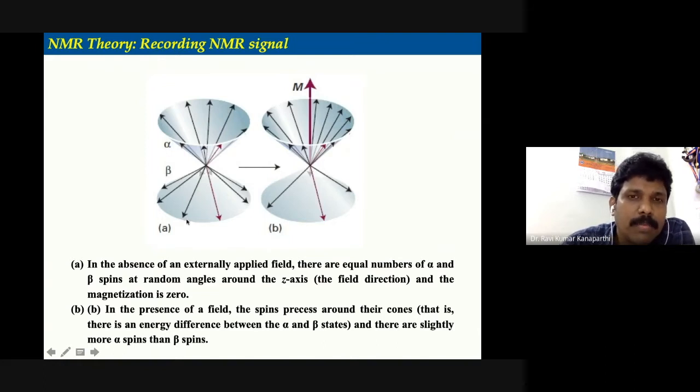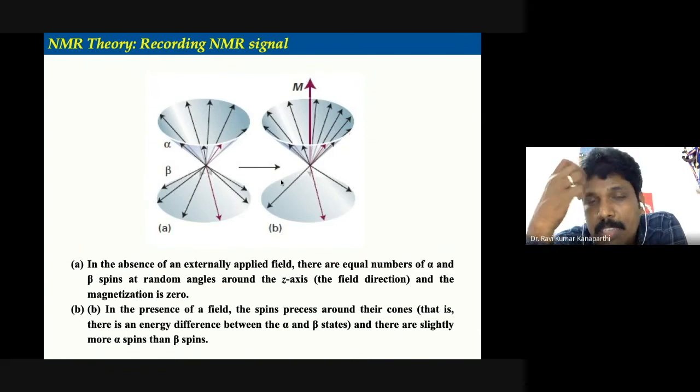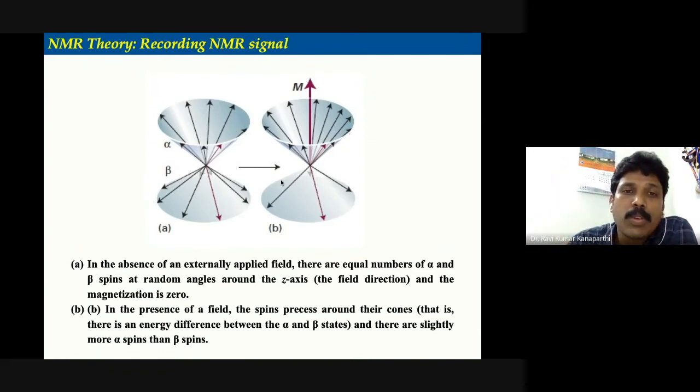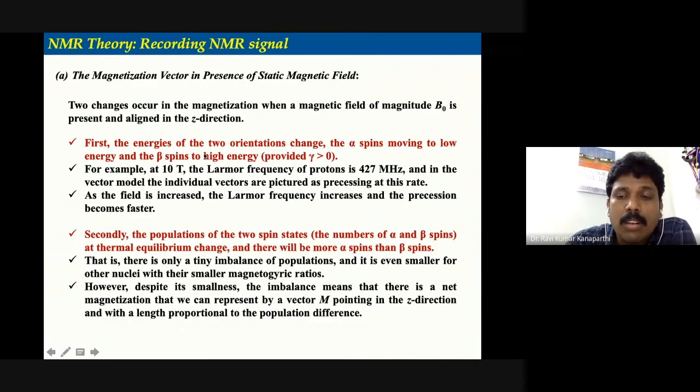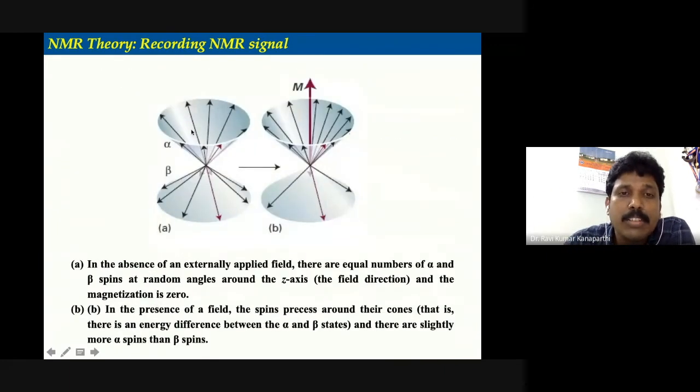So this actually, because of this particular situation, because of the application of the external magnetic field strength, what happens is that we will see a greater number of alpha spins pointing parallel to the applied field strength, and fewer nuclei pointing in the downward direction. So this is very simple: you have a normal population difference in the spin distribution in the absence of the external magnetic field strength.